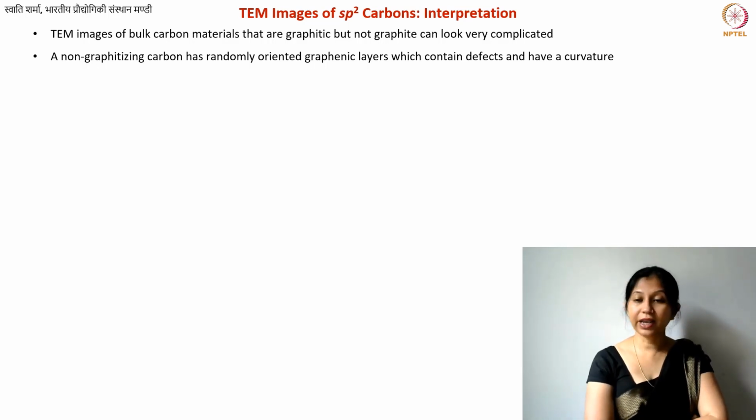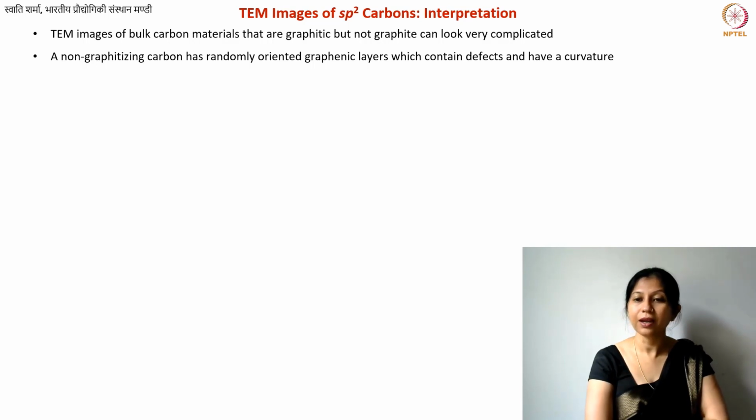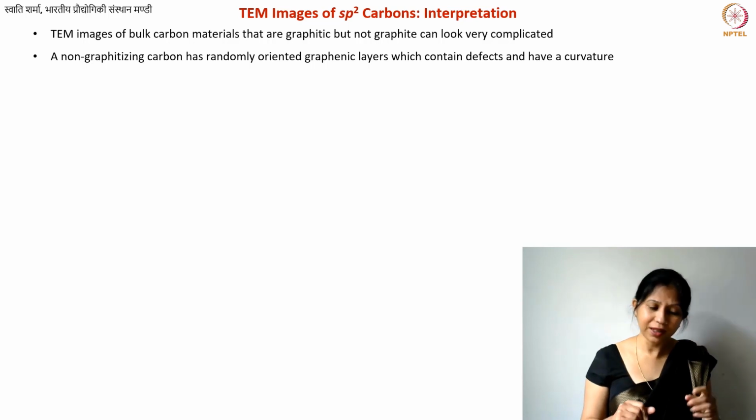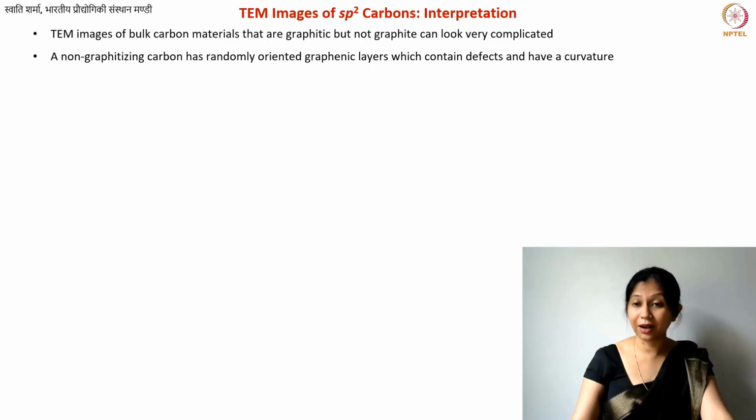Graphite, if your graphite crystal is perfect, then you already know it from XRD. You probably don't need very sophisticated techniques for characterization. XRD is good enough for perfect graphite, and Raman spectroscopy will also give you one good sharp peak. What is difficult to understand, what we are trying to learn, is these graphitic but not yet graphite type carbons. They can also be graphitizing carbons, by the way, not necessarily non-graphitizing, but the point is that they are not yet graphite.